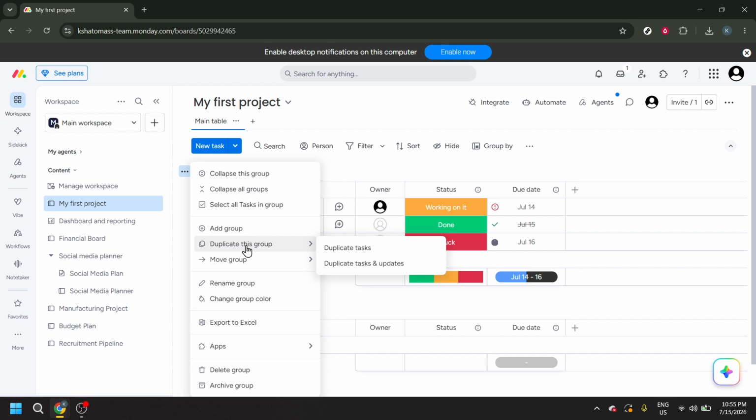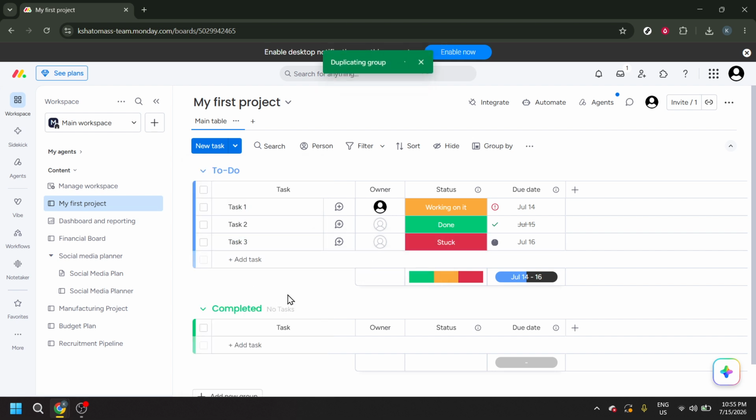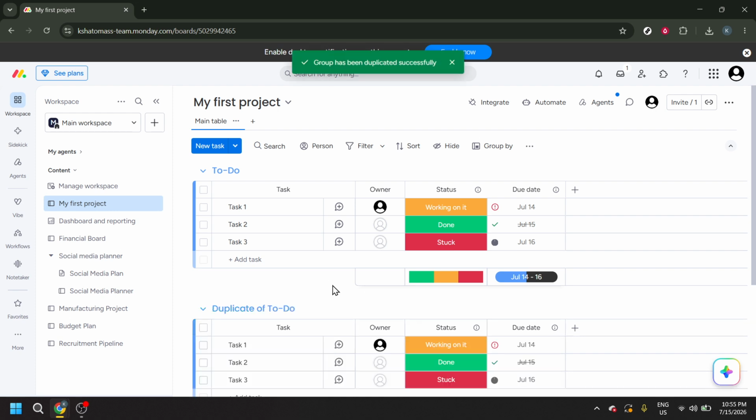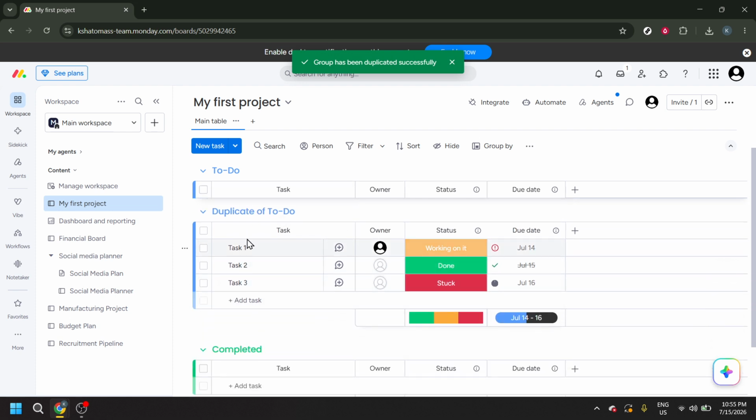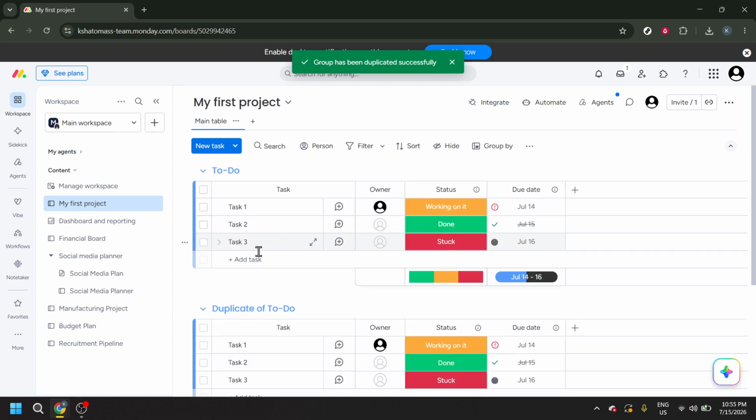After that, click on Duplicate Transaction. This confirms the duplication action and completes the process shown here. Once selected, Monday.com will generate the copied version for you. Depending on what's inside that group, the duplicate may appear right away and include the same layout and content structure